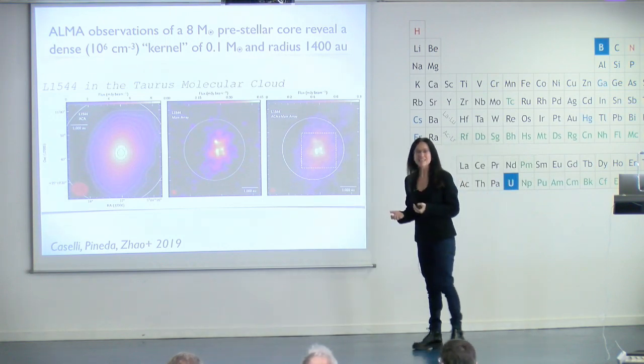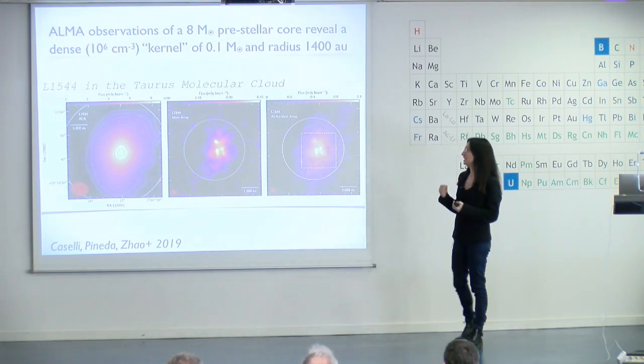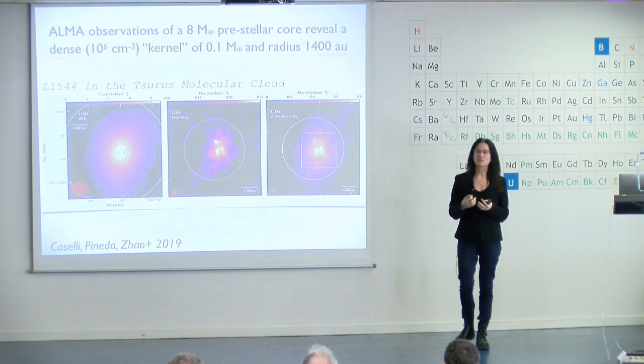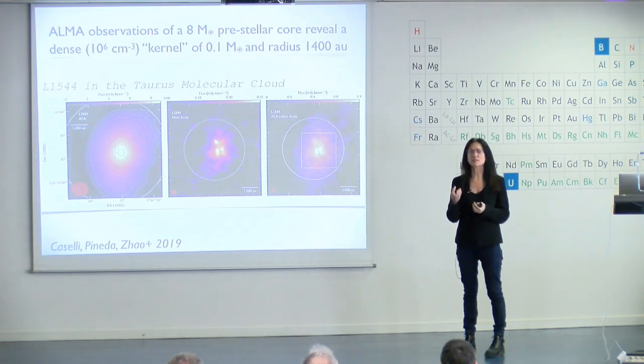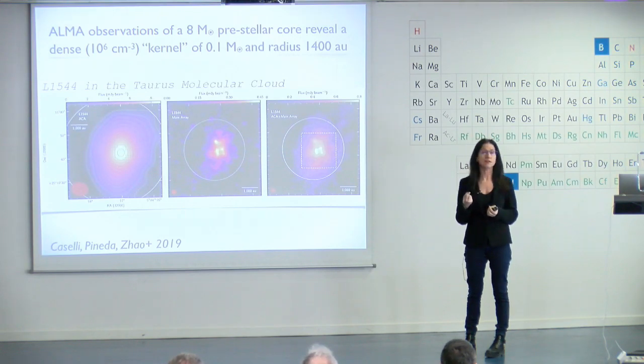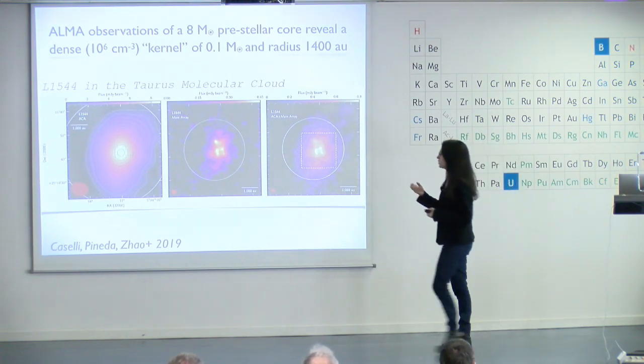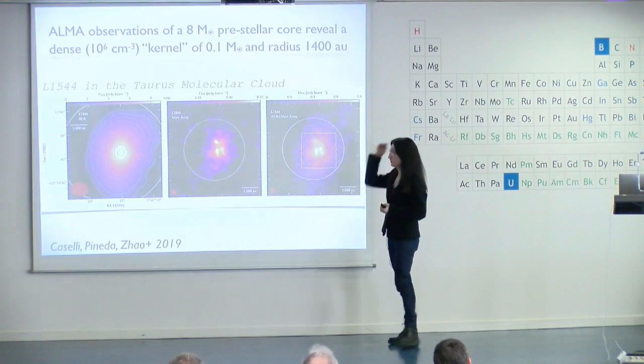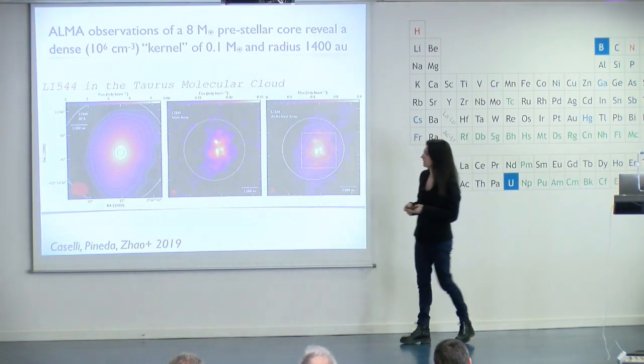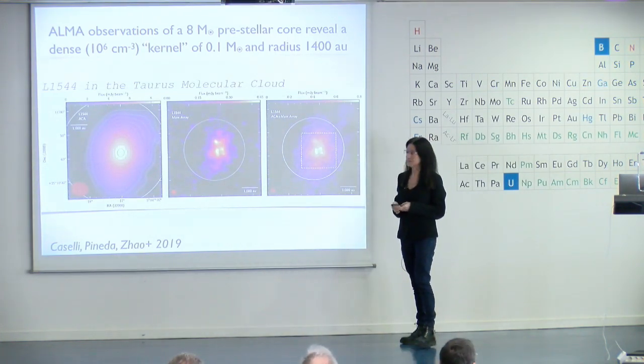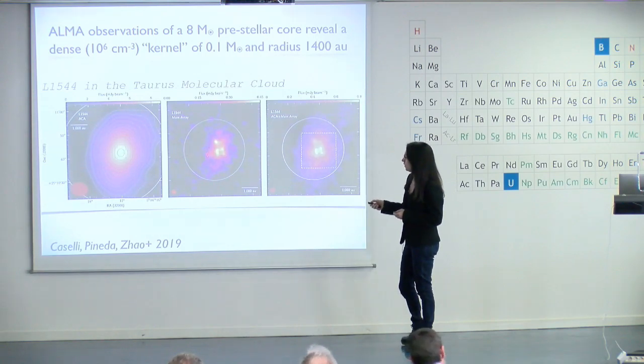Things are not easy because these objects are very big for ALMA. And if they are not centrally concentrated enough, you are not going to see anything. And now we definitely have proof of that. However, this L1544 in Taurus is actually very centrally concentrated, and we were able to see it also with the